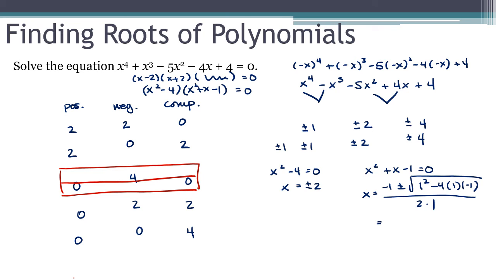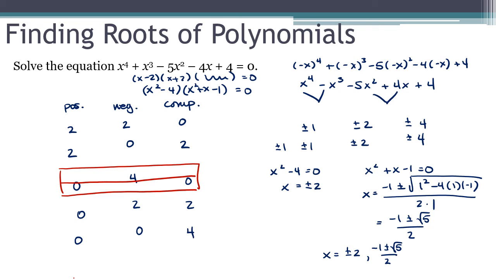So what's happening to that square root? That ends up 1 plus 4. So this is negative 1 plus or minus the square root of 5 over 2. And there are my answers. x equals plus or minus 2, and negative 1 plus or minus the square root of 5 over 2. Okay, good. A fourth degree polynomial, 4 solutions. I'm feeling good about that. But